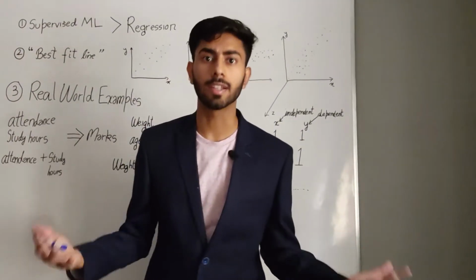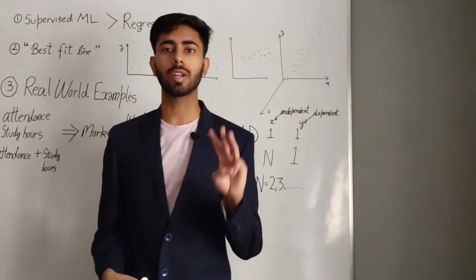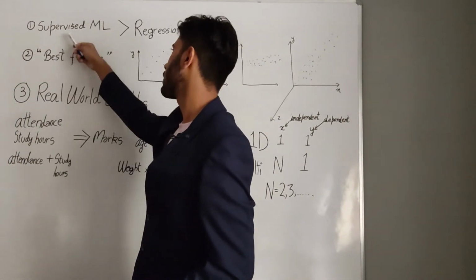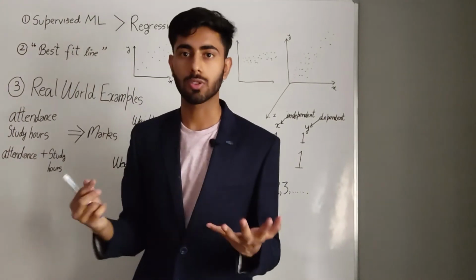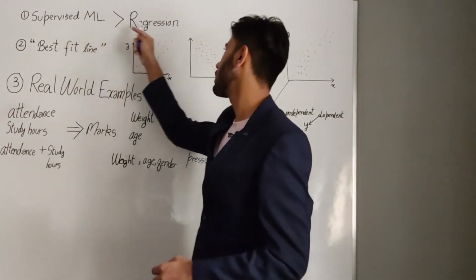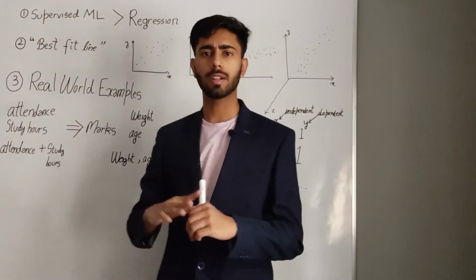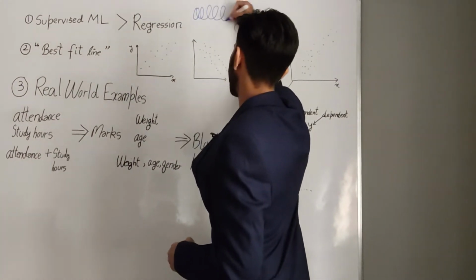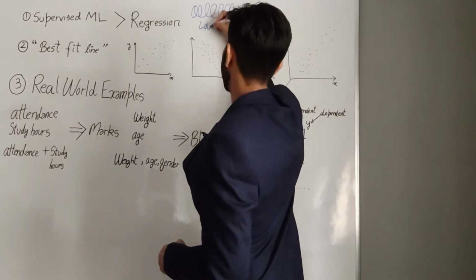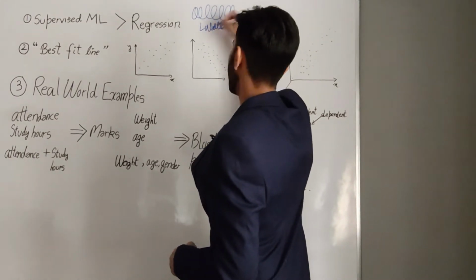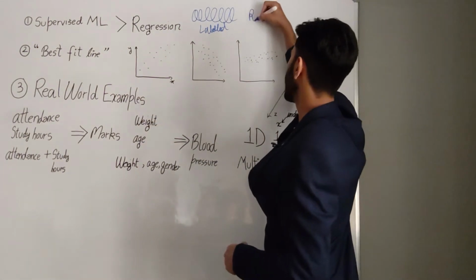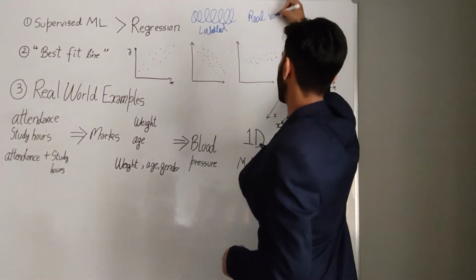So whenever you hear the term linear regression, there are three things that should instantly come to your mind. First thing is that linear regression is a supervised machine learning problem. Also, inside supervised machine learning, it belongs to the regression category. So it simply means that whatever dataset you give to your model has to be labeled. Also, since it belongs to the regression category, you are going to get real valued output.